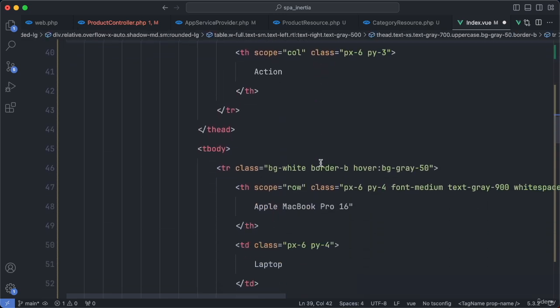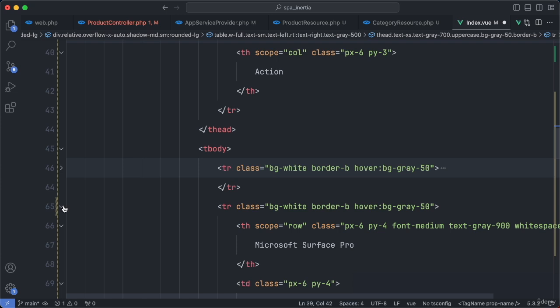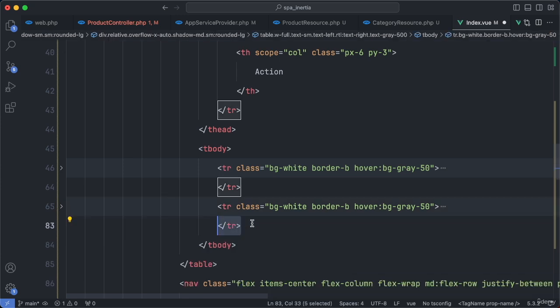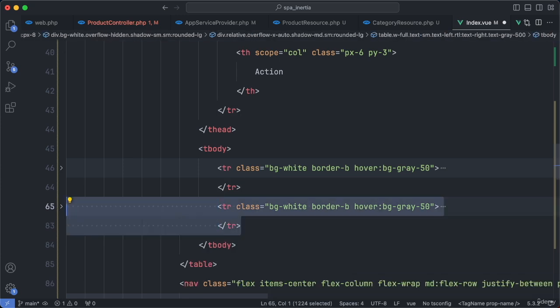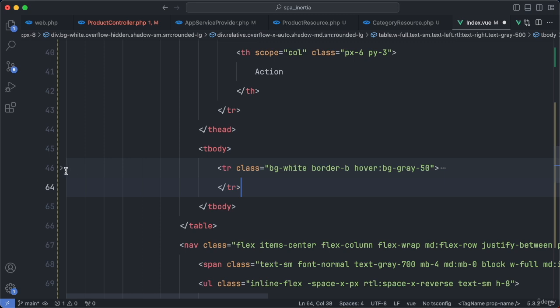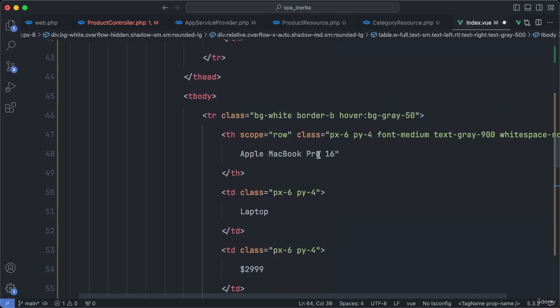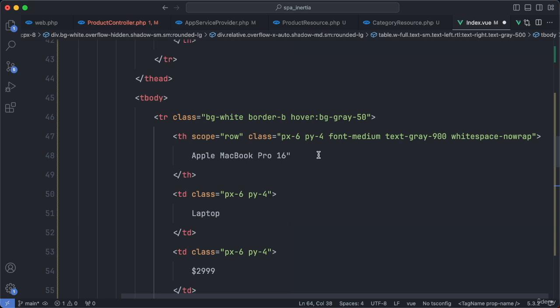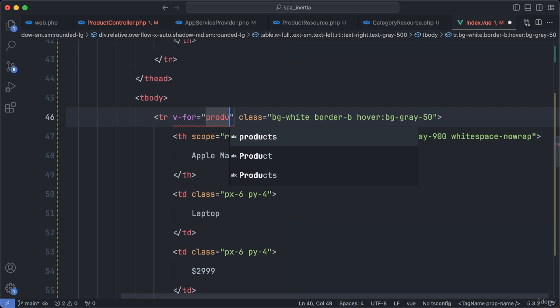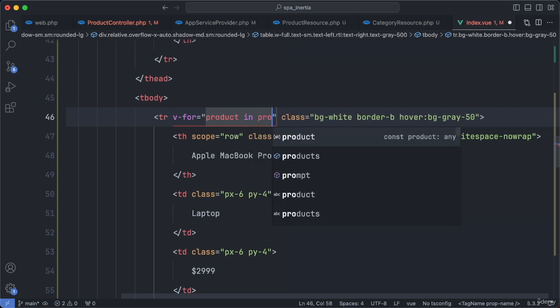Then in the tbody element, let's leave one tr. Then let's add a v-for directive, product in products,